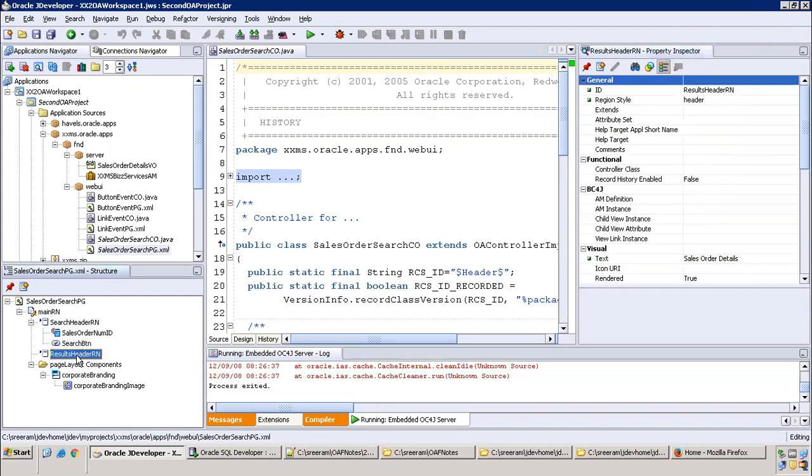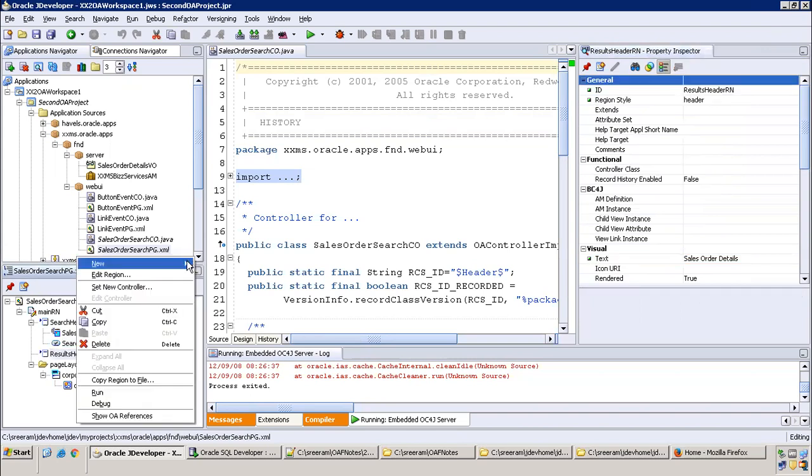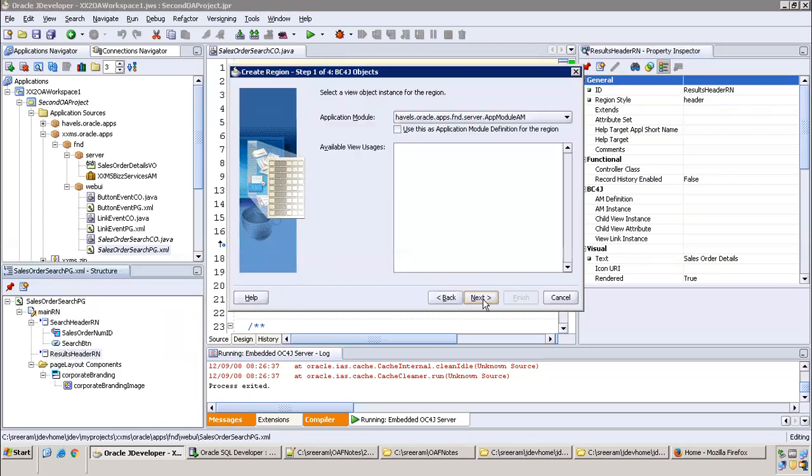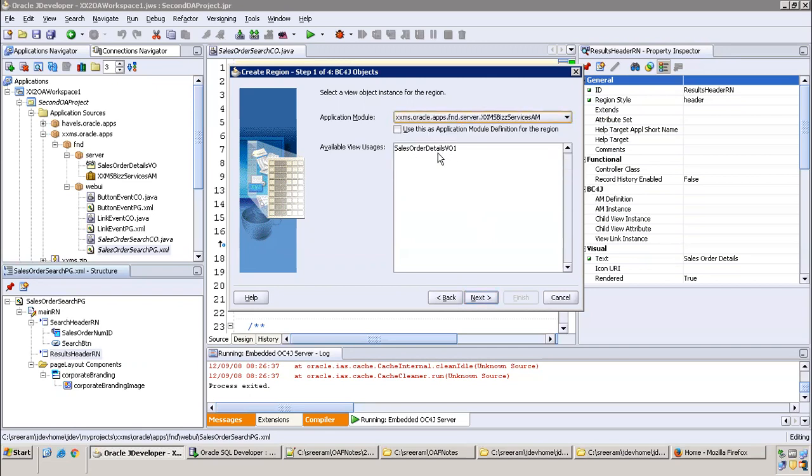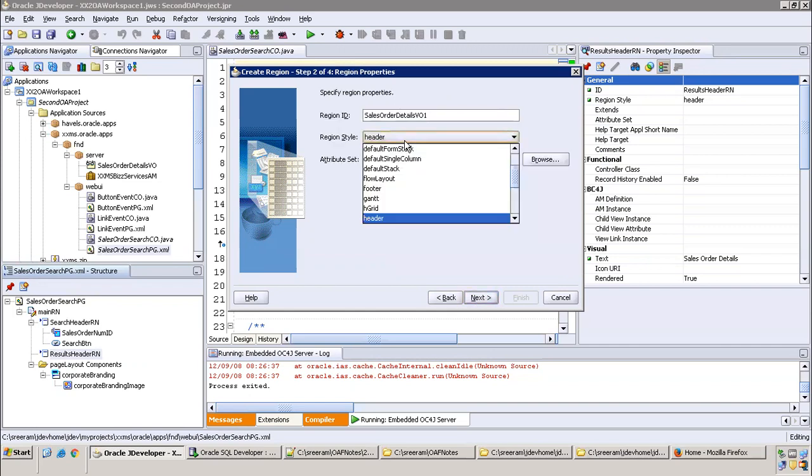Now on the results header region, perform a right click and click on new region using a wizard. Click on next. Now make sure that appropriate application module is selected. You have to select XXAMS, and then click on sales order details VO. Click on next. Now change it to table region.